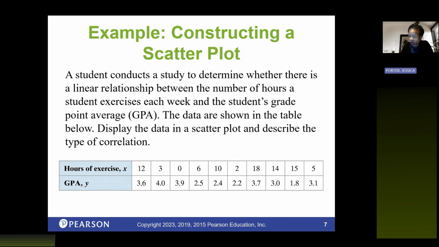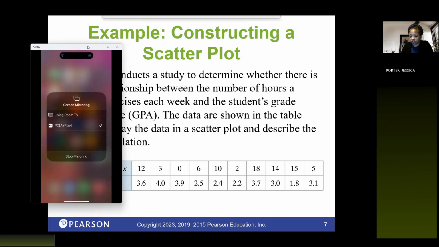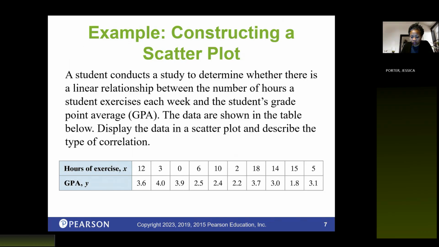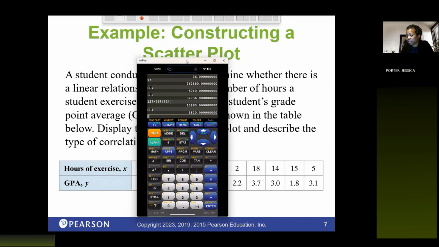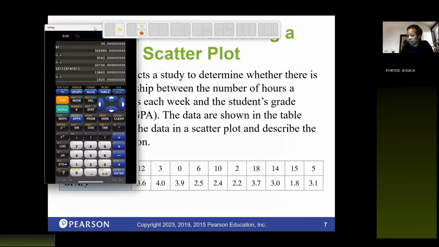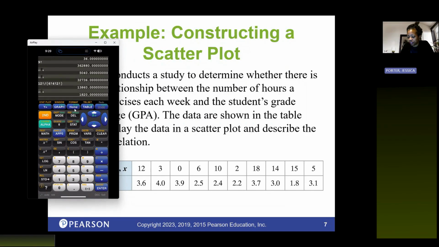And then we'll look at StatCrunch, and that might be our time. Back on the calculator here. All right. Figure out a place to put this. So what you have to do